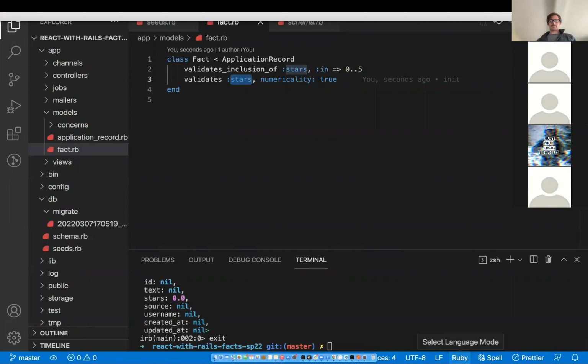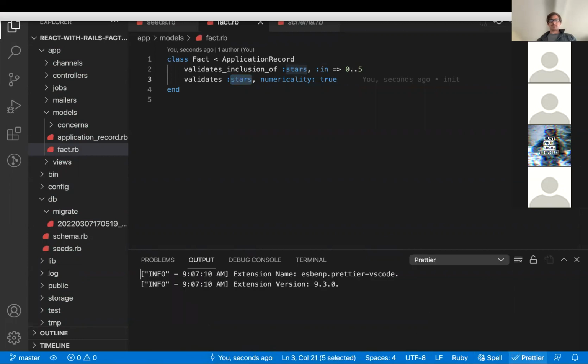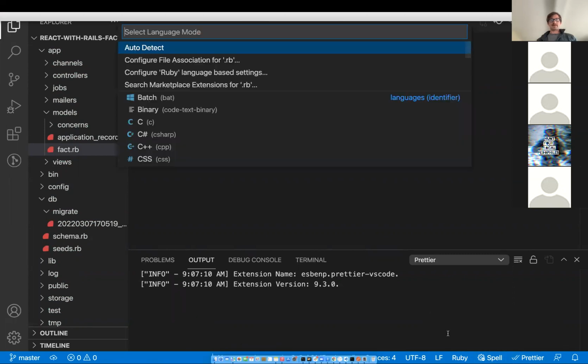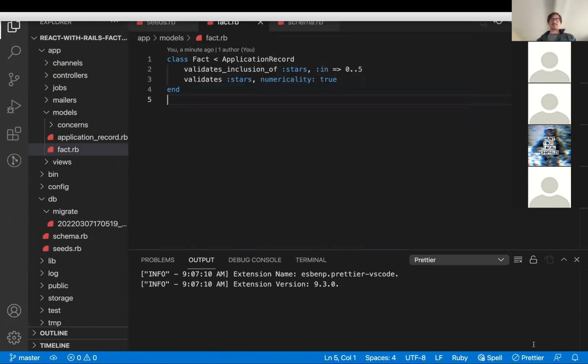Do you have Prettier installed or a different type of extension? I don't think Prettier works on Ruby. I'm not sure. Maybe it's Prettier. Okay. Maybe I have a language selected. It might just be your theme in VS Code. Okay. It might be Prettier. Since it has that slash through it, I don't know if it's actually working. But